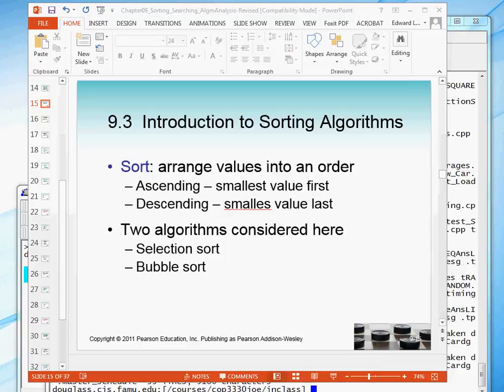There are two algorithms we're going to look at. The first one is selection sort. And the basic idea of selection sort is if you have a stack of papers with grades on them, it's kind of normal to find the highest grade in the stack of papers, put it on the table. Then go back through the remaining papers, find the highest out of those, put them on the table, and so on. And each time you find the biggest value, you're placing the biggest value in its proper place,